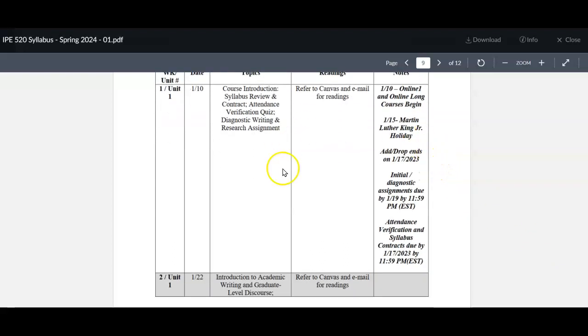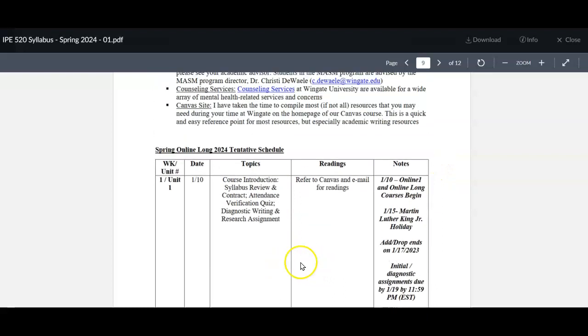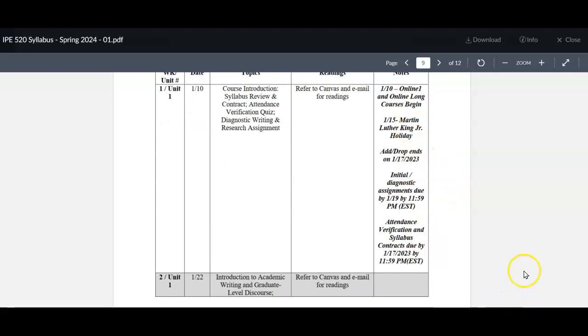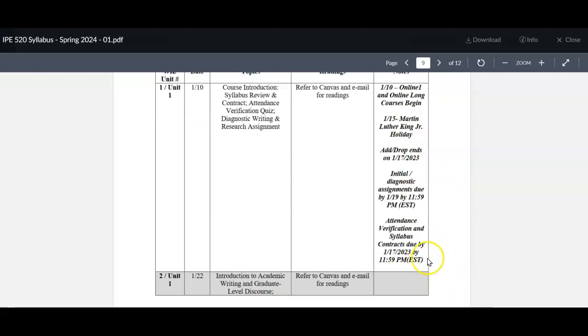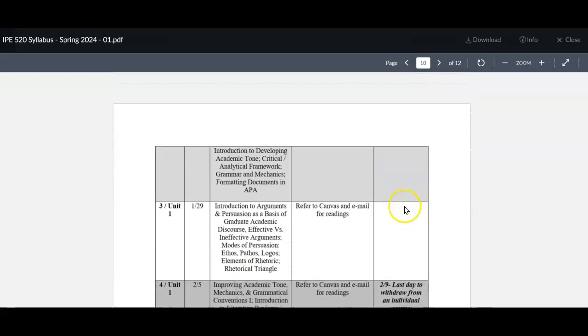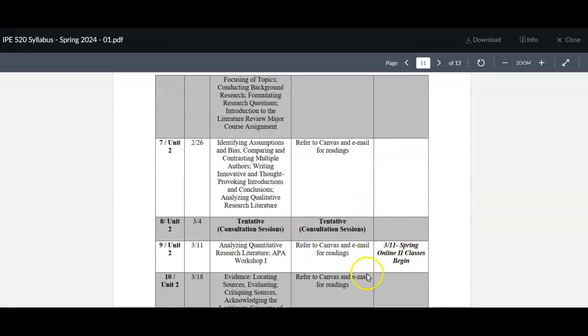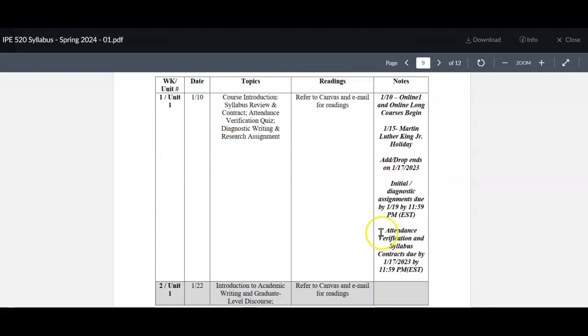With that being said, the course schedule will be adjusted by what I notice collectively in those diagnostic writing assignments. So any areas of content that I notice we need to cover first and foremost for you all to be successful in the future, we will cover. I will adjust as necessary, hence the tentative descriptor for the schedule. I've also included some of the MASM academic deadlines and dates, such as withdrawals, deadlines to change incompletes, etc. All that's included here, as well as any tentative blocks of time, such as spring break, some blank planning periods for consultations, and the like.